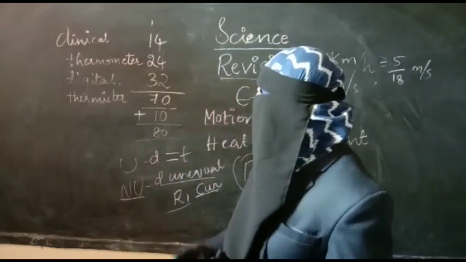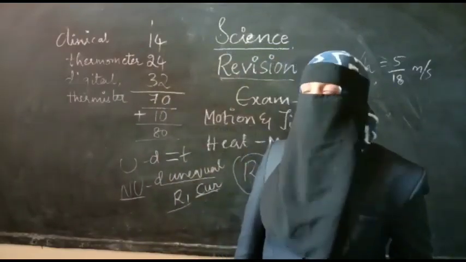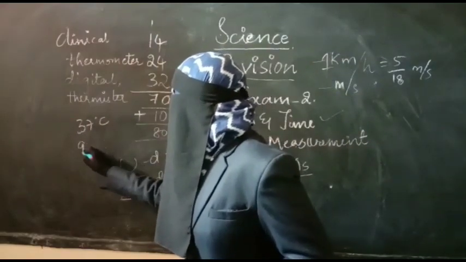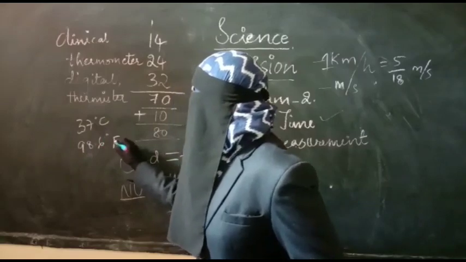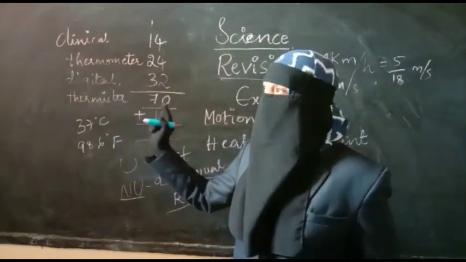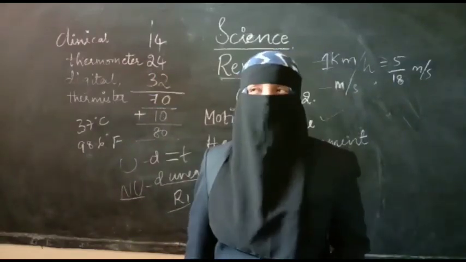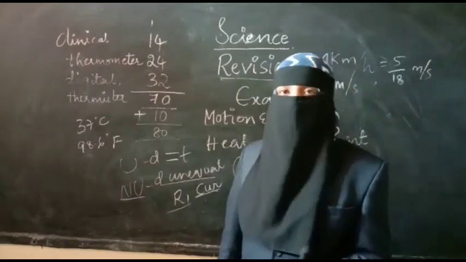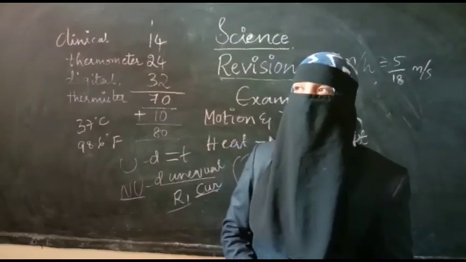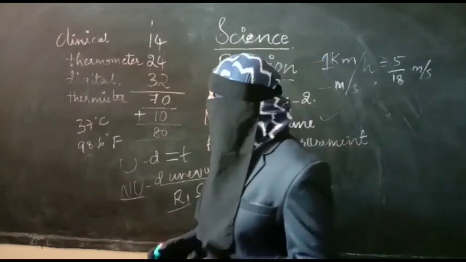Next, normal human body temperature in Celsius is 37 degrees Celsius. In Fahrenheit it is 98.6 degrees Fahrenheit. If the temperature is elevated beyond this, then we are suffering with fever. How to find out? By using the clinical thermometer, and where to use it, I have given the description. Go through the description properly. Digital thermistor also I have given. Two more thermometers we have discussed here.